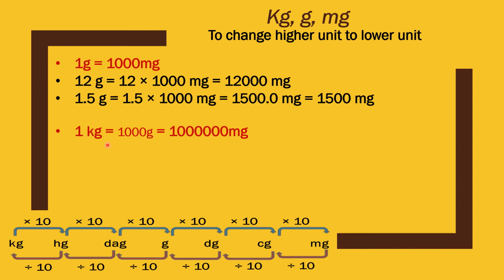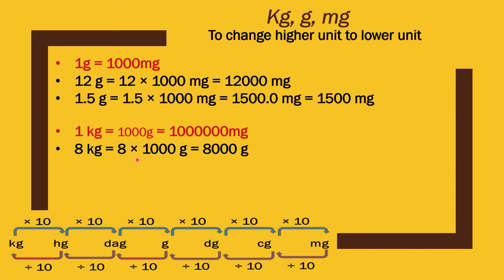Now, kilogram to gram and kilogram to milligram. So what will we do? Kilogram to gram. It means we need to multiply by 1000. That's why 1 kilogram equals 1000 gram. And kilogram to milligram. Just observe this, kilogram to milligram. 10 multiplied by 10, multiplied by 10, multiplied by 10, multiplied by 10, multiplied by 10. It means 10 lakh milligram. 1 kilogram equals 10 lakh milligram. So now you can do